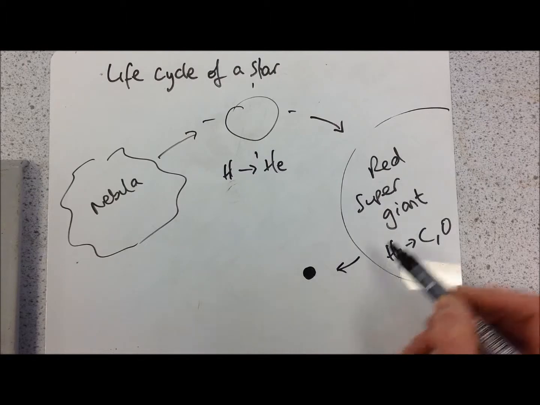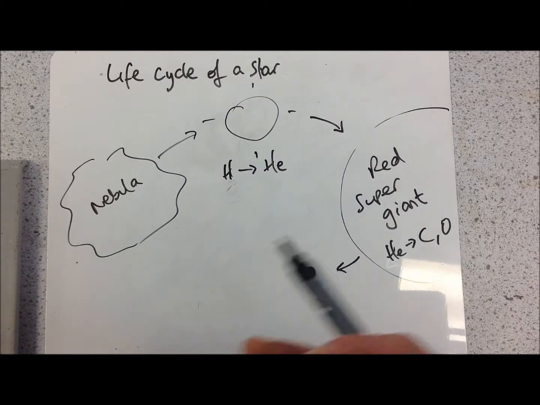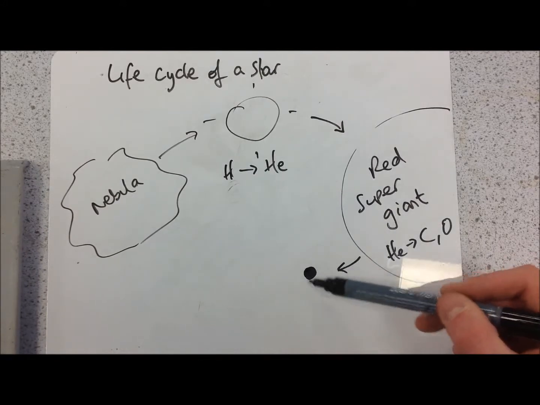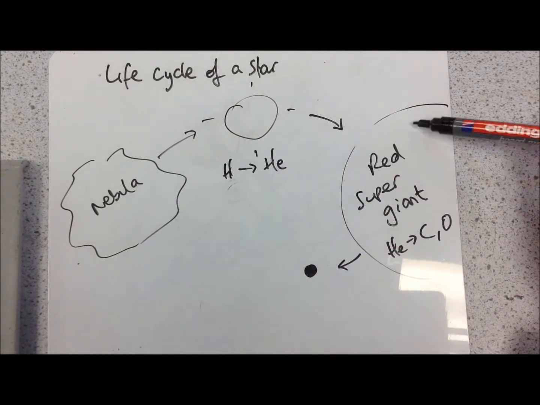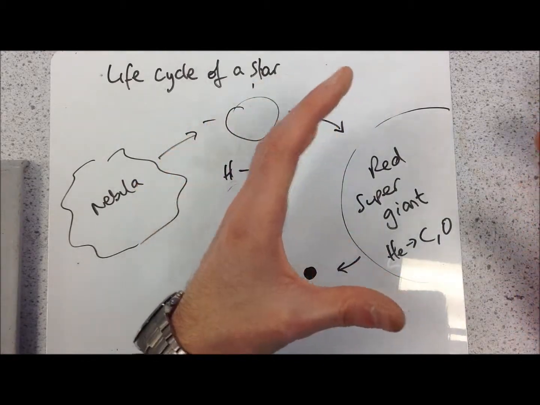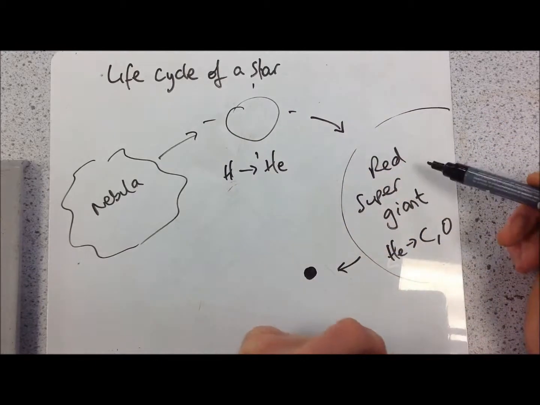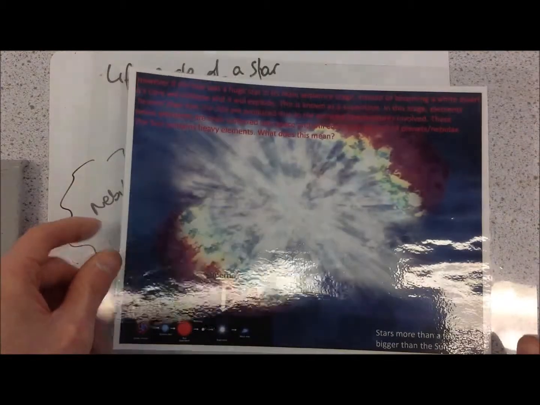After this stage we'll end up with a neutron star, and a neutron star is where the protons and electrons merge, so we'll end up with something which is purely neutrons. How this happens is that after the red supergiant stage, it will run out of helium, fusion will stop, you'll have no more radiation pressure, and it will collapse. It will do what we call a supernova, which is basically an explosion. So if we imagine that star explodes,